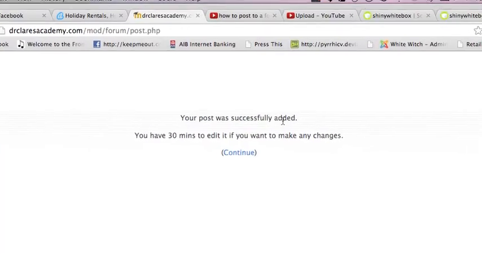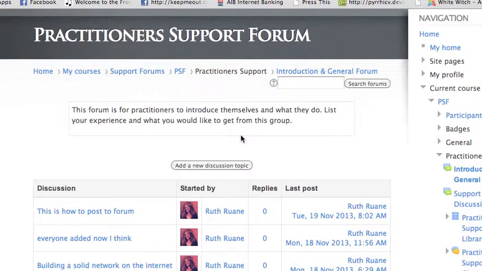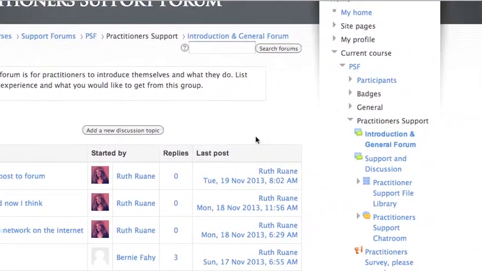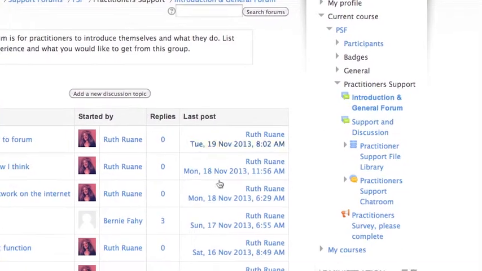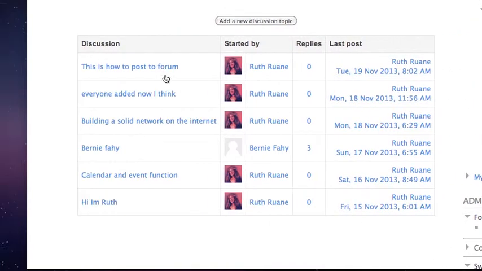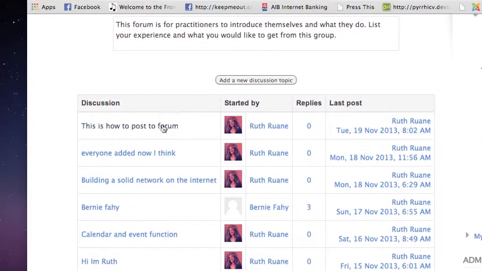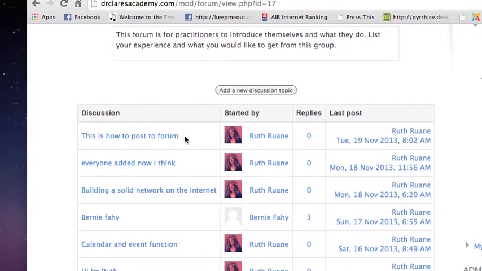And when you hit that button, it says here the post was successfully added, and you have 30 minutes if you want to change it. That's 30 minutes before it gets sent out to everybody. Now, don't worry about it too much, because if you make a mistake, it's easy to just fix it. So now if you want to reply to anybody's post, all you have to do is you